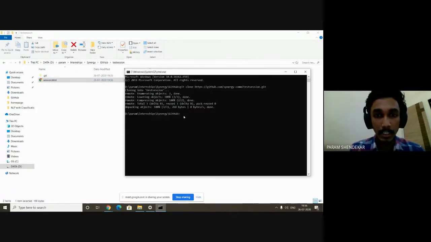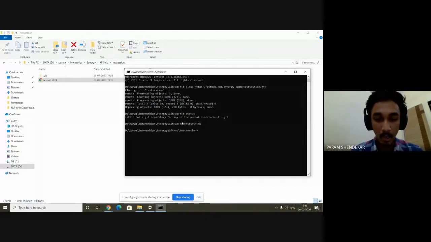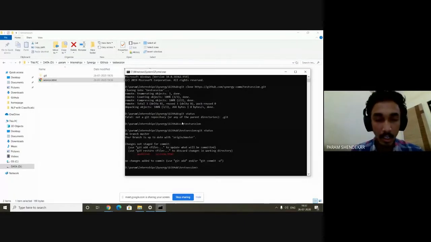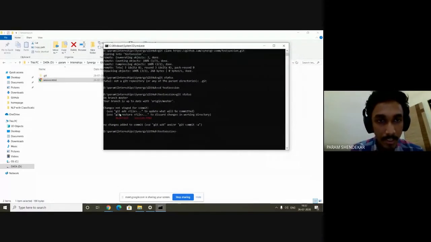Now in my command prompt, I'll type the command git status. As I explained to you guys, git status will help me understand what version of the file is present, what changes have been made, and what files are not tracked yet. So git status will allow me to do that. When I press enter, okay, I'll have to navigate inside test session. Now, when I use git status here, if you guys can see, it states that your branch is up to date with origin master, but this particular file has been modified and you have not committed those changes. So it is asking me to add this file and then commit it.